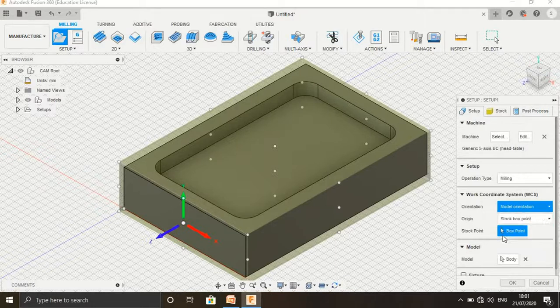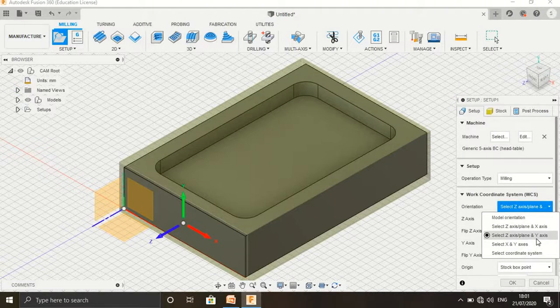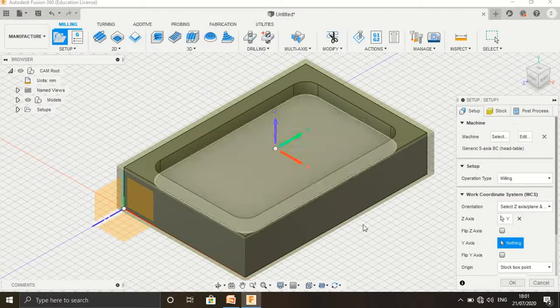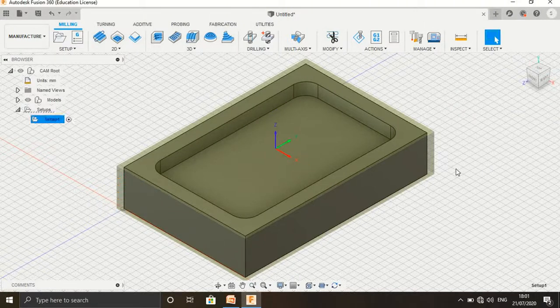So you can simply select the z-axis, select the line, place the axis, and after completion of that press OK.